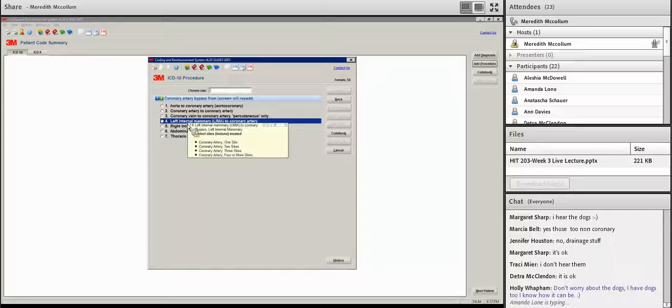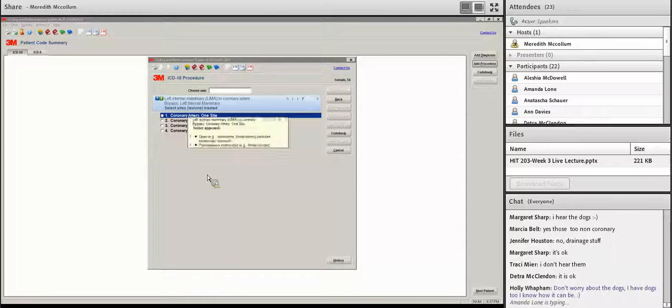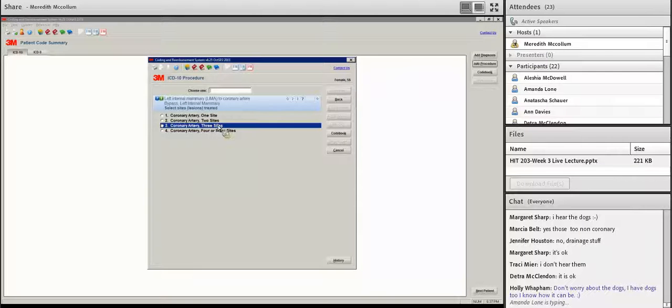We'll just say it's of the left one. So they want to know, okay, coronary artery, is it one site, two sites, three sites, or more sites? This is where, how many coronary arteries are being bypassed? You have to really dissect